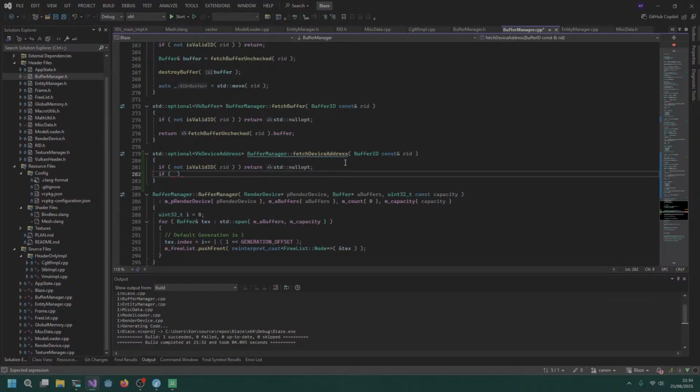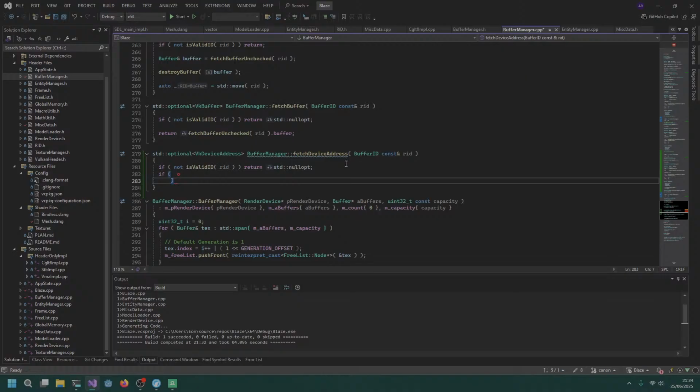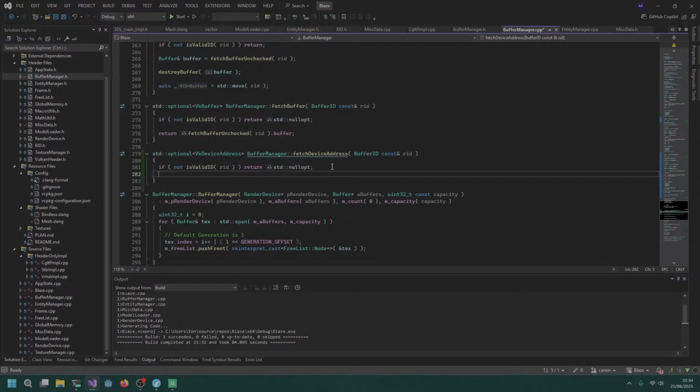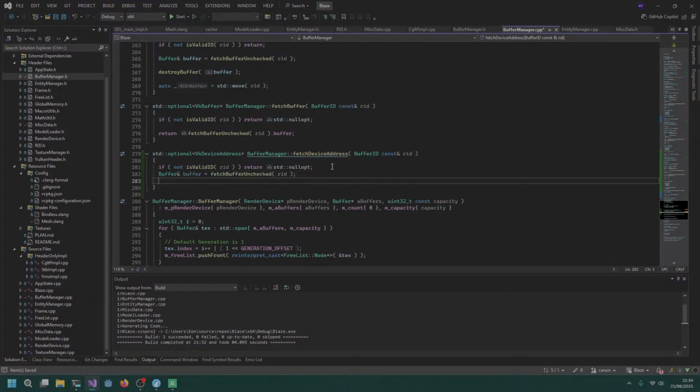Next, you fetch the buffer first. We fetch that data, so buffer equals, we fetch it. Then if buffer dot device address